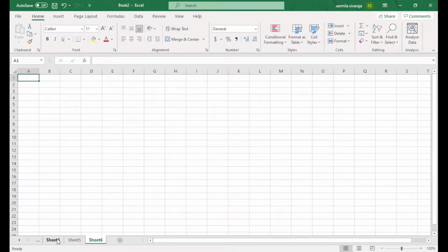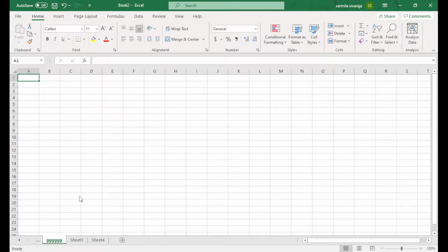Under this, we can also set some sheet formatting. When you press the sheet tab and right click, you can insert or delete the sheet. I will delete this 6th sheet, and you can rename the sheet. For example, I will rename it GG. And one more thing, you can move or copy. Move or copy means you can take a copy and paste it somewhere else. I will copy it here before the 3.